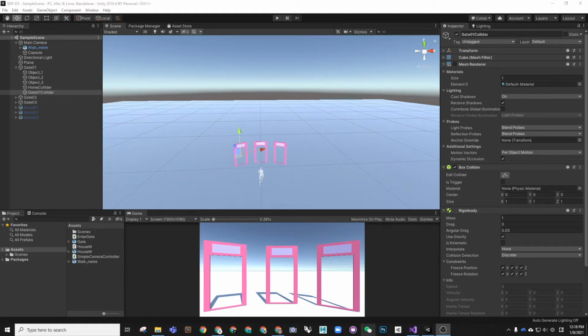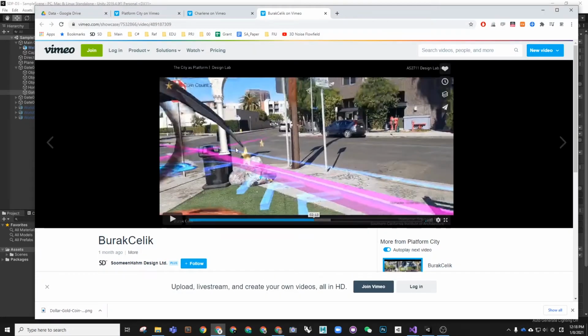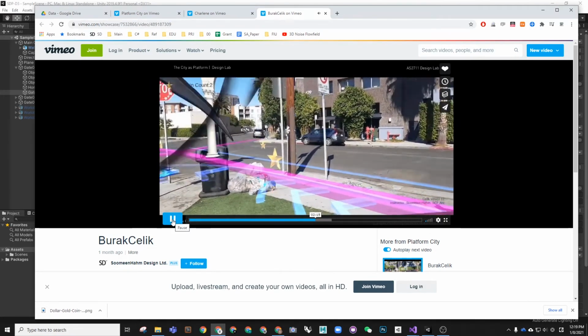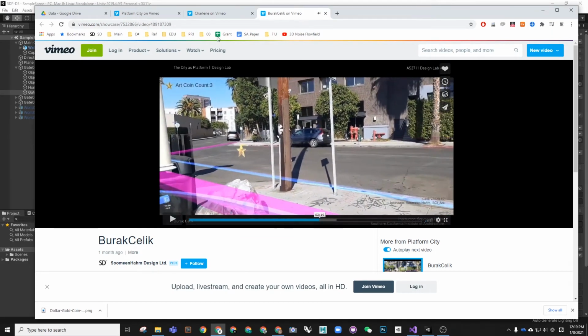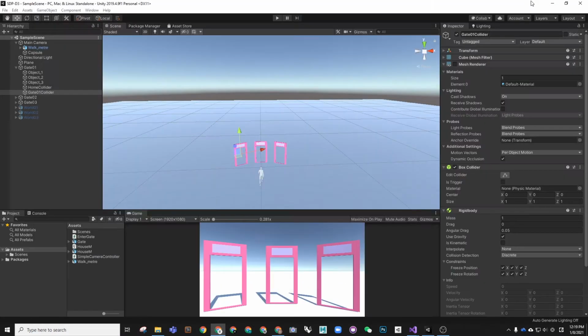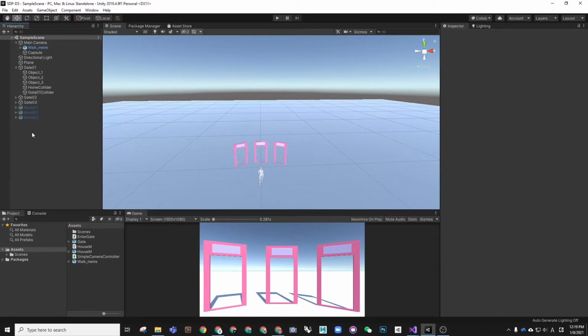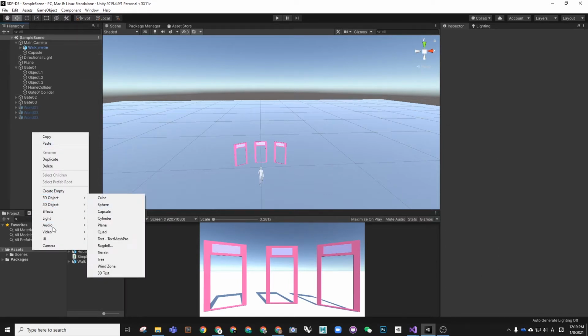All right, and in the second part we are going to see how we can collect a coin and add that coin information on our screen. Whenever you collect a coin, it accumulates and shows you as a number. For that we have to set up some stuff in the canvas. So we are going to add some UI,